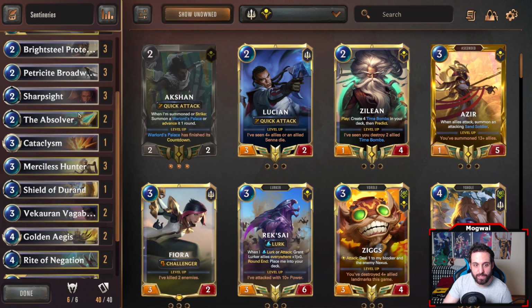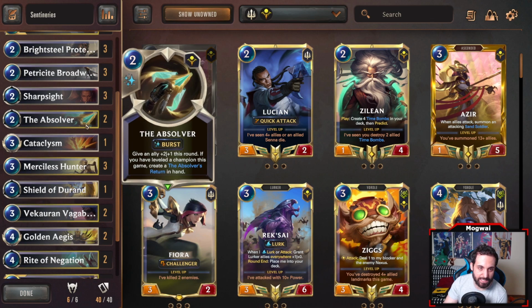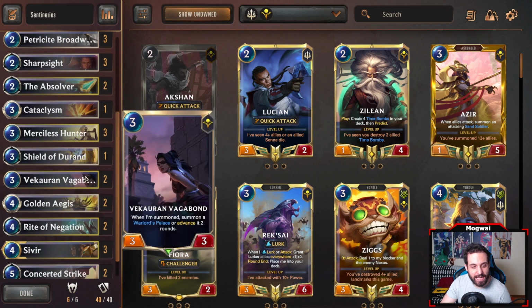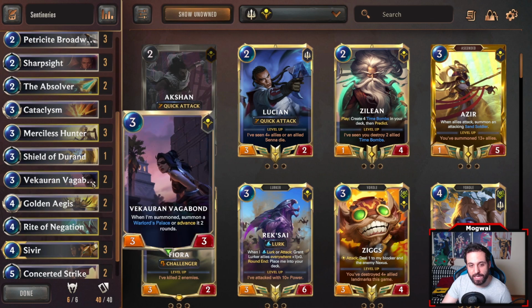And I really do like the one off of Shield of Durand as well, as the Absolver represents a key component of our win condition, and that is to level up SIVIR and give SIVIR Overwhelm, as SIVIR gives everything Spell Shield and Overwhelm and Quick Attack, and that leads to, you know, pretty good things. Trust me. I really like the distributions. Vicar and Vagabond as a 2-of is something that I've always been on